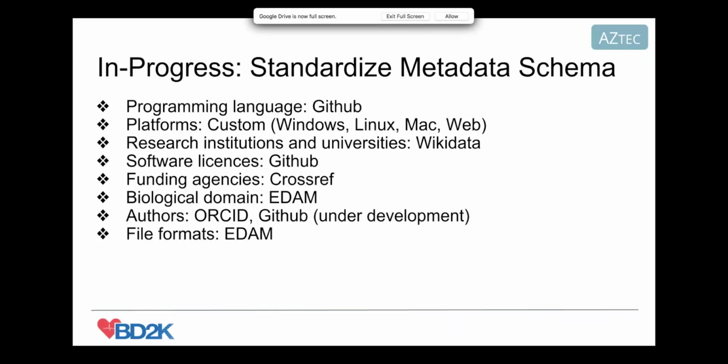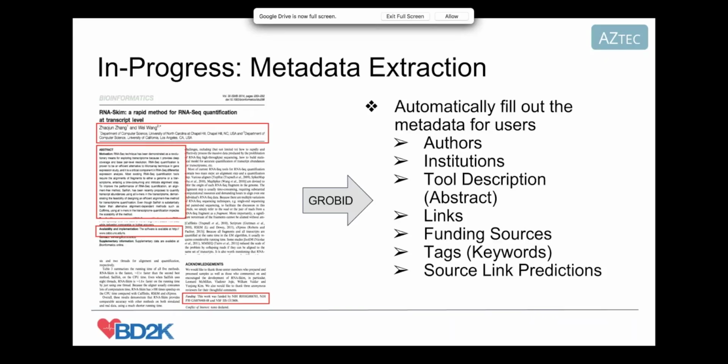And for file formats, we're also going to go with the EDAM ontology. Let's see. So for metadata extraction, we're going to be using GROBID, which is an open source Java tool to automatically pull metadata from publications. We'll be able to pull the authors, the institutions, the tool description, which is the abstract, and links, so URLs